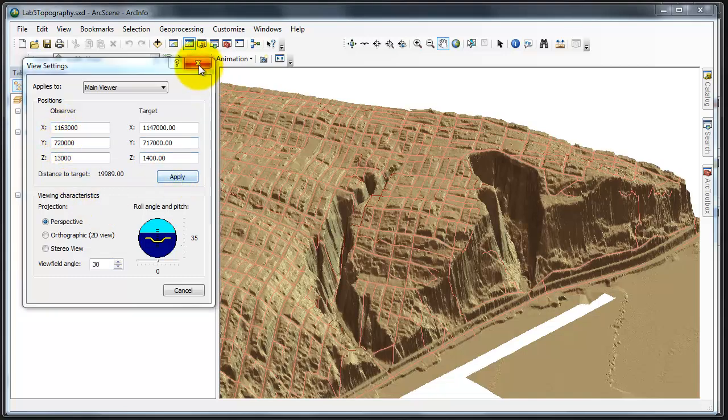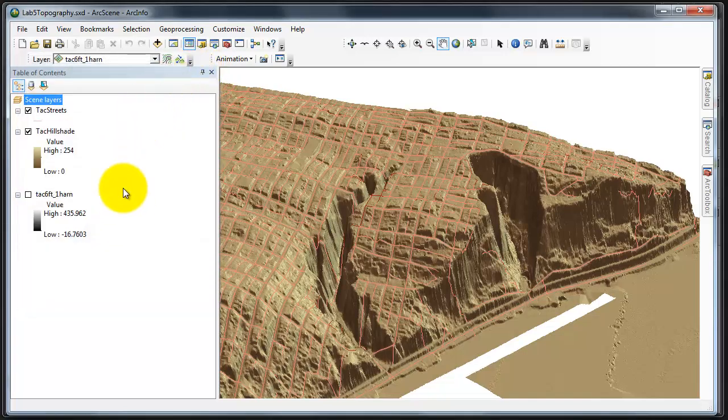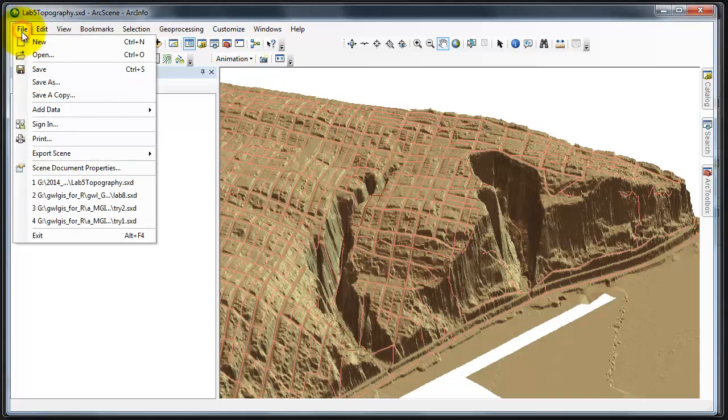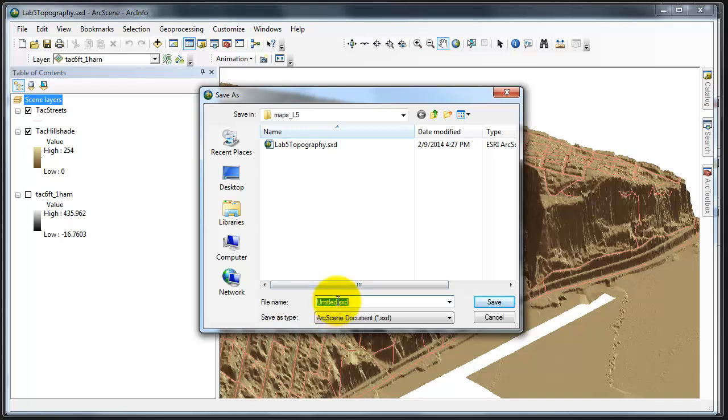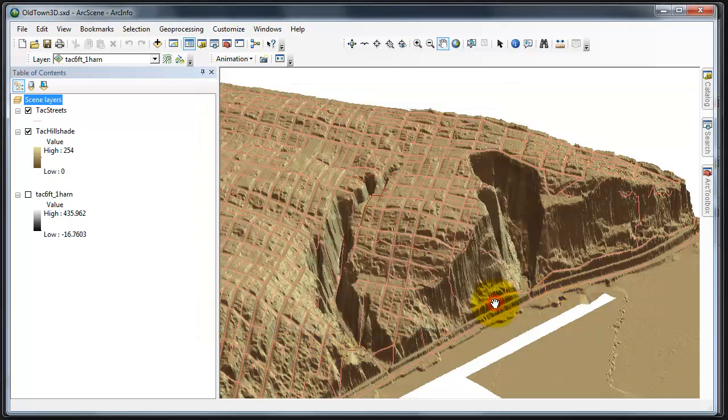Now that I've got them adjusted, I'm going to close and then save one last time. In this case, it will be Old Town 3D as a scene,